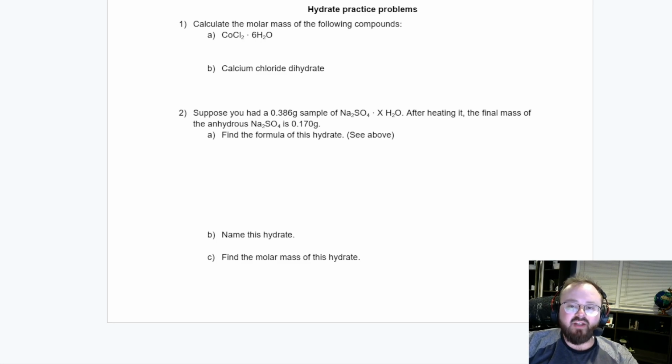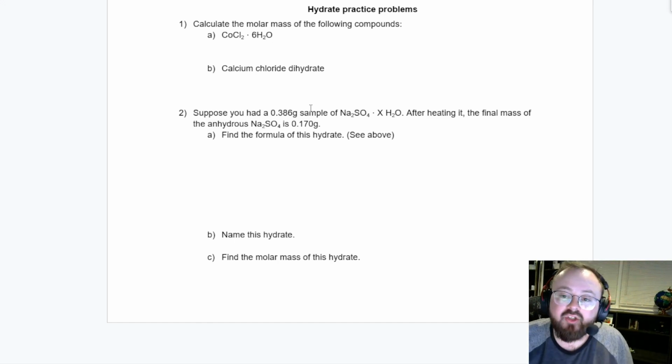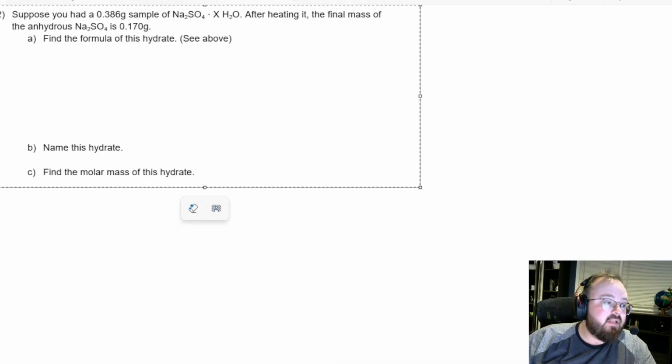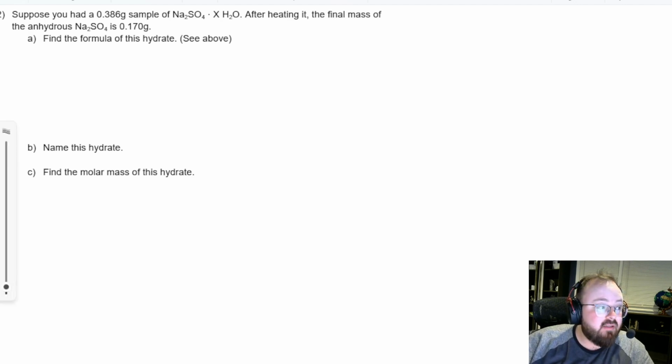All right, our final question had all of this stuff that we have done, finally to the very end of this question. So, let's look at this example here. I got a sodium sulfate·x H2O. So what I'm going to do, I'm going to take this, copy this, put it into my paint compound, and let's get to it. Here's the first thing that we have. We have a sample of hydrated, meaning there's water in it, sodium sulfate, right? And when it is a hydrate, we have